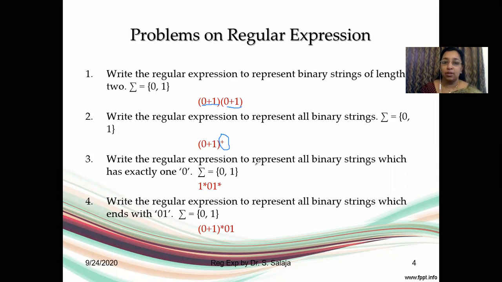At most 1, 0. Either it can be 0 zeros, or it can be 1, 0. Maximum limit of 1 is provided. Then the next one is at least 1, 0. If it is at least 1, it starts with 1 and you have any infinite number of zeros allowed. So you have exactly, you have at most, you have at least.